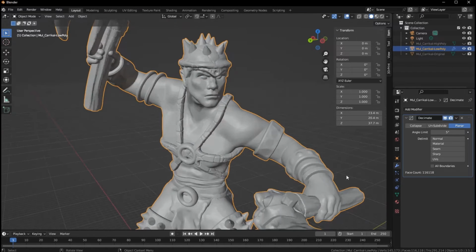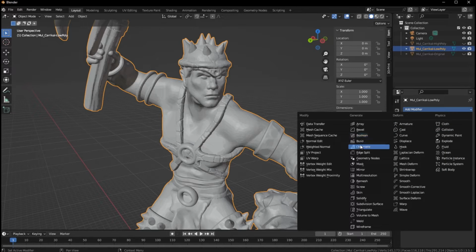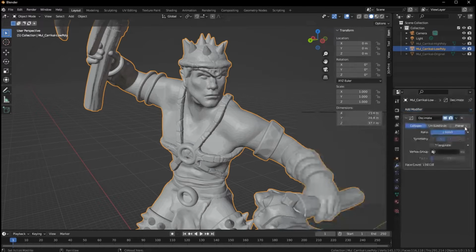But we're going to start with that, and you can see that we dropped our faces down to 116,000 from 600 and something thousand. So that's a good start. To make it more aggressive, we can also up the angle it does it at. So if I go back to that decimate and go to planar, and I make this even just like a 6%, let's do it that way,